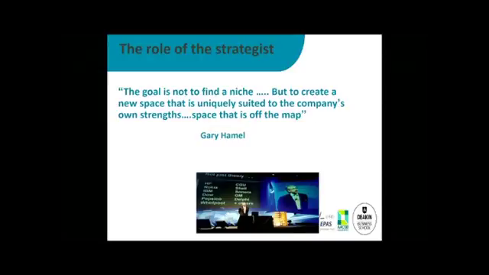So in determining strategy, what we want to do, as Hamel suggests, is go a little bit beyond just saying, oh, this is great, we've got a new product, everyone's going to want that, or there's a little segment of the market that no one's addressing. That's fine, but it's not a principal role of strategy. It's something sometimes you fall into and you say, we'll use this and we'll use it for a particular objective, such as building up our organisation's capability before we extend. But